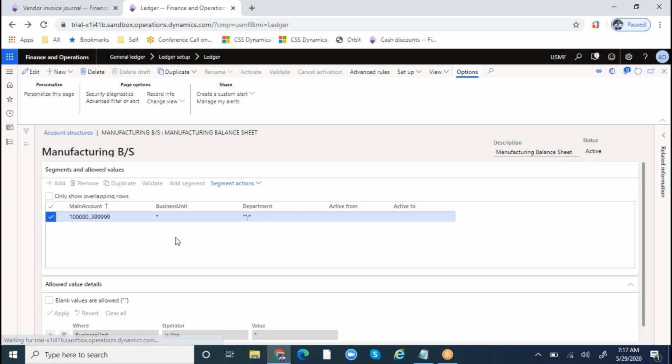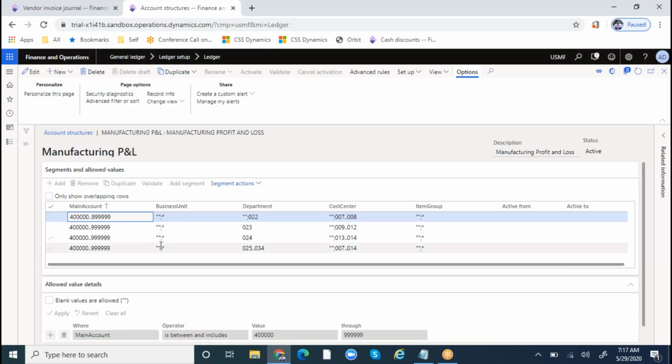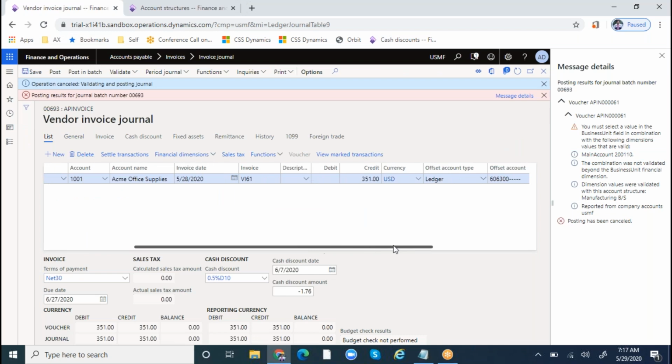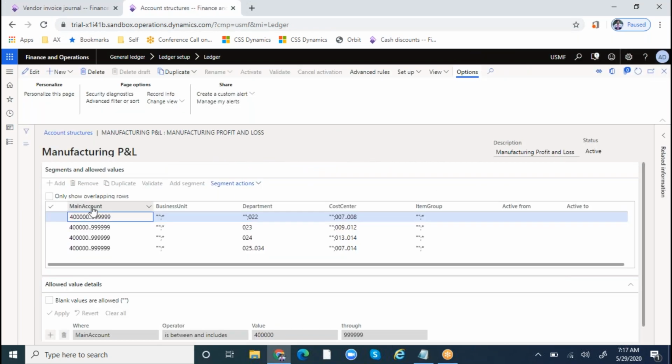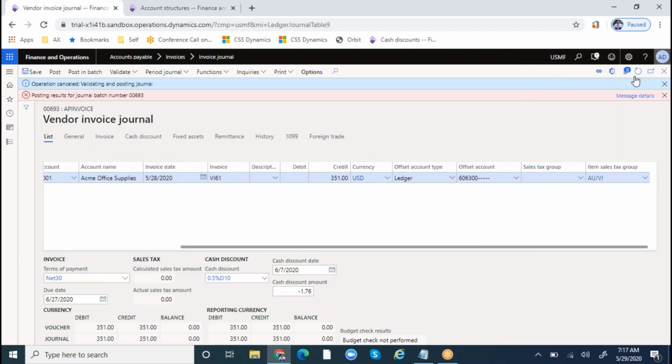For this account, for this structure, here we have not made anything mandatory. Mandatory means it will show you only star. It is showing only star, it is mandatory. We have not made it mandatory. So for the 6 series account, it is not mandatory. So the previous transaction, what I did,